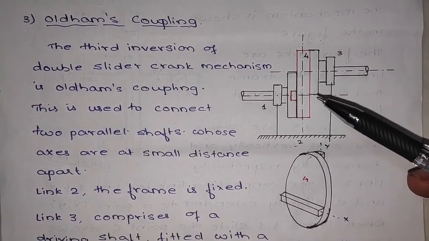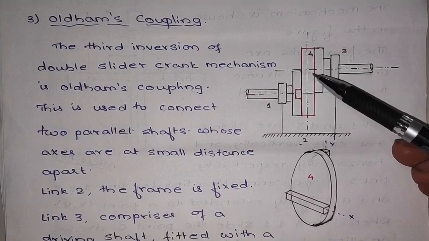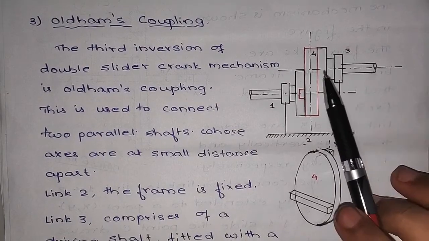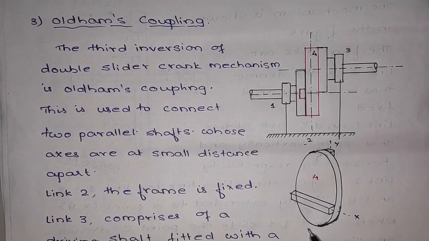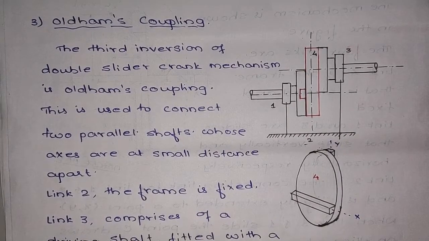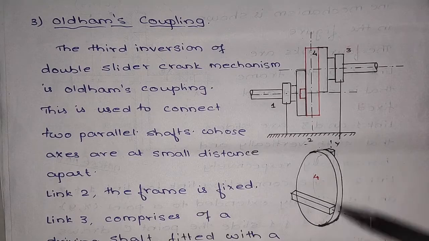Now this link number 4 is a circular plate. So I have shown here is a circular plate having tongues. Now since on the flanges there were slots, on this particular circular plate there are protrusions called as tongues. So this tongues, that is one in the x direction and one in the y direction, are at right angles on opposite side. So if this face has the slot in x direction, the opposite face has the slot in y direction.